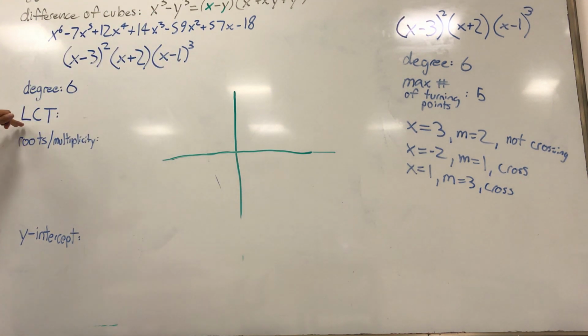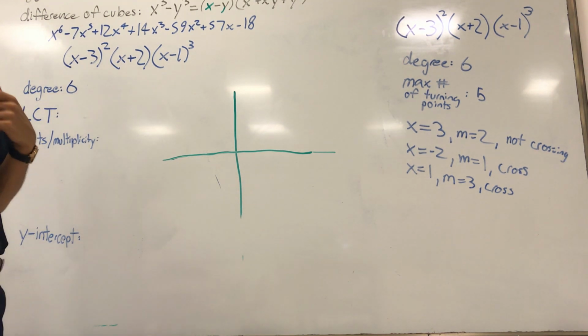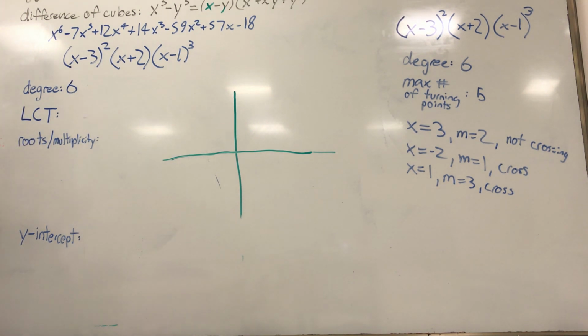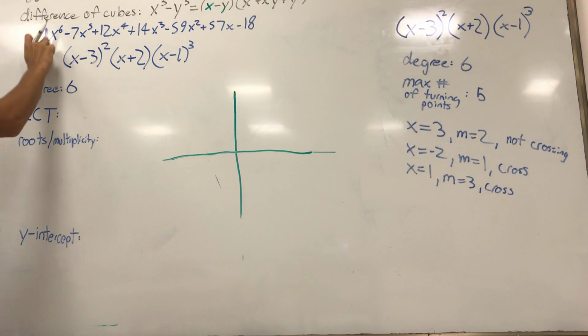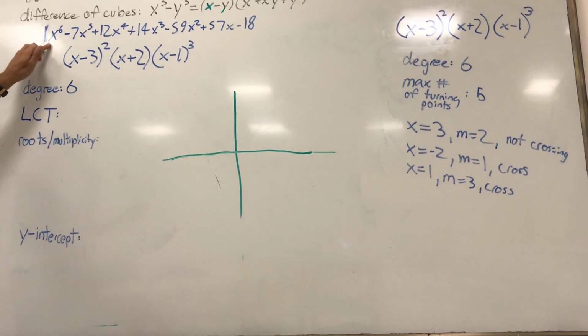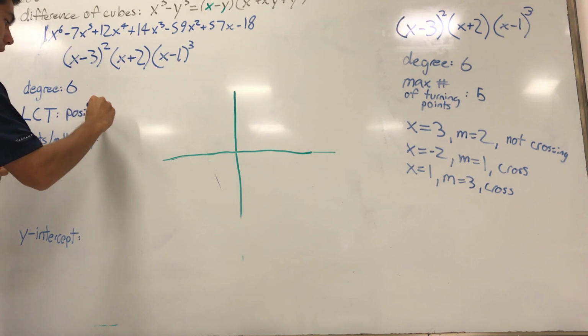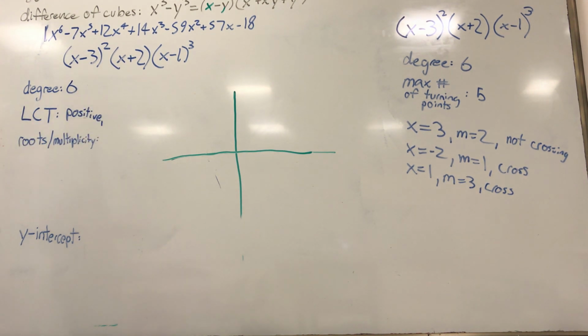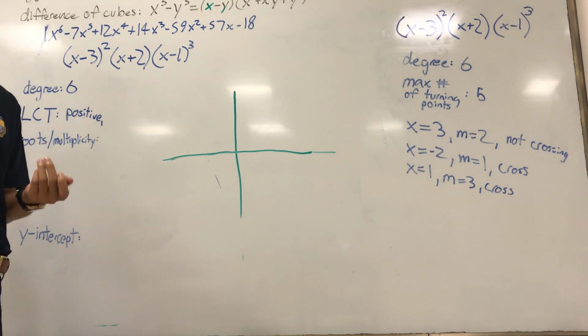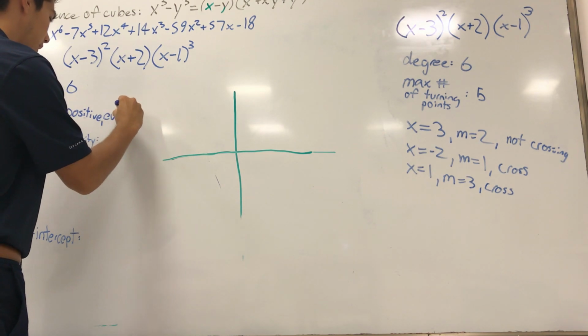And now, based off of what we know about the leading coefficients test, which you guys discovered earlier, and probably had been introduced to at the end of last year, we want to look at the sign of our leading coefficient first. So our leading coefficient is 1, so it is positive, and then we want to look at whether the degree is even or odd. In this case, our degree is 6, which we found earlier. 6 is obviously an even number. So we have a positive, even